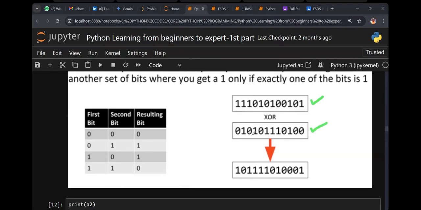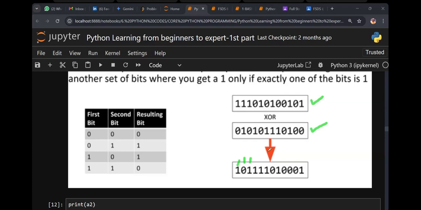So here 1 XOR 0, what is the output? 1. How do I know? 1 XOR 0 is 1, or not? Team, clear or not? And 1 XOR 1 is what? 0 again. And then here 1 XOR 0 is 1.